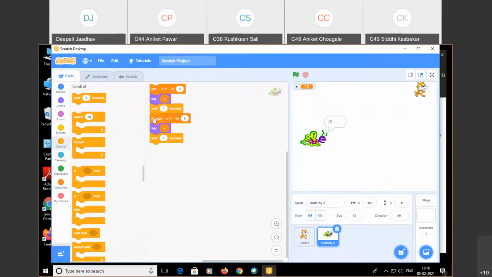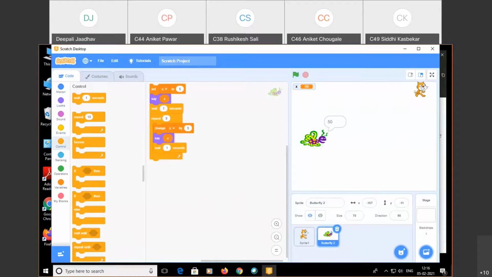Instead of writing it 9 times, I can duplicate it and write it 9 times. But instead of that, we know we can use the repeat. How many times do I want to repeat it? 9 times. Keep it here and then execute. What happens? 5, 10, 15, 20, 25, 30, 35, 40, 45 and 50.